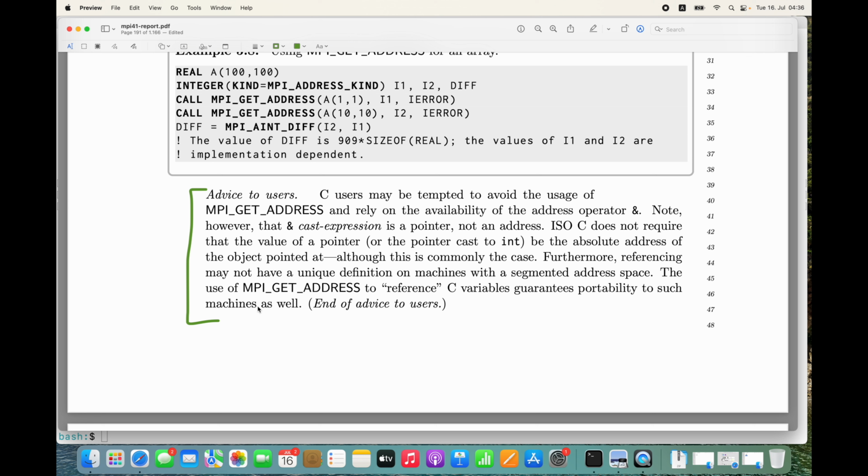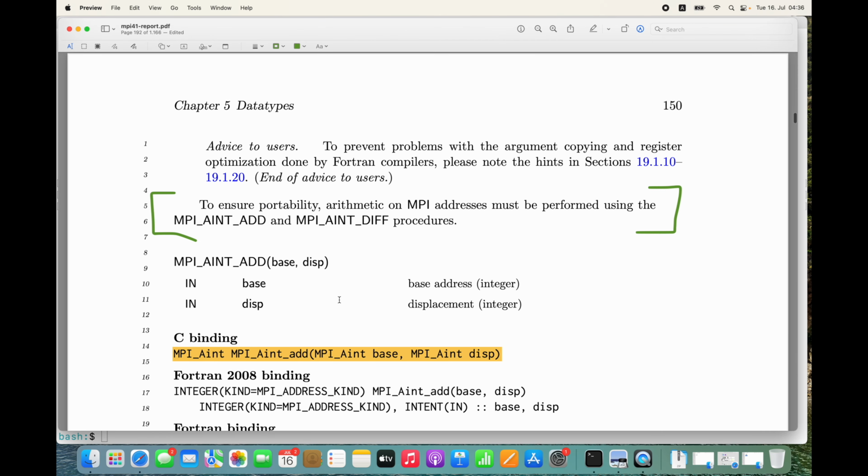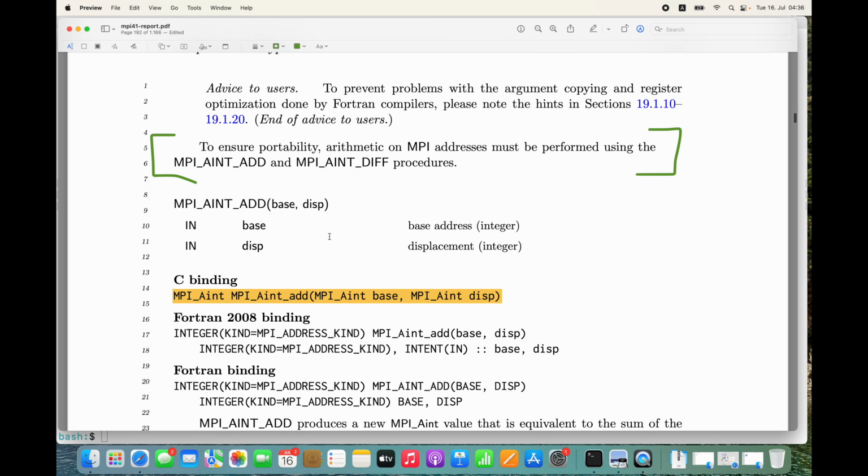So the usage of MPI_Get_address, MPI_Aint_diff, and MPI_Aint_add is good for portability. Again, to ensure portability for arithmetic of addresses, use add and diff. This is add. It takes a base, and it takes a